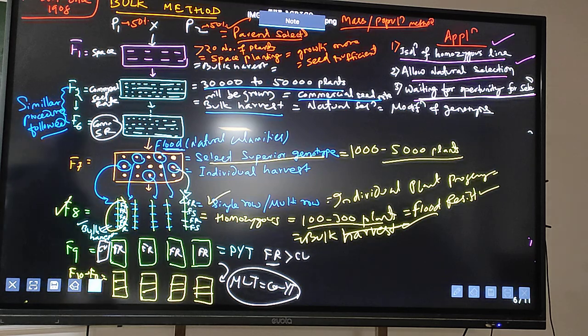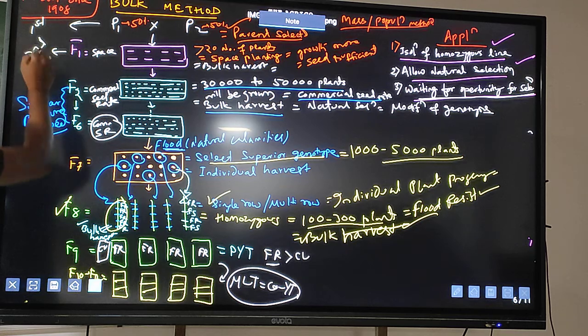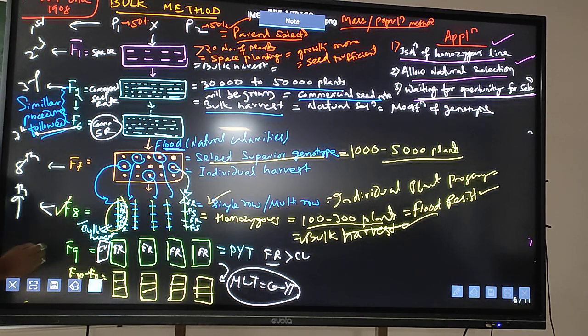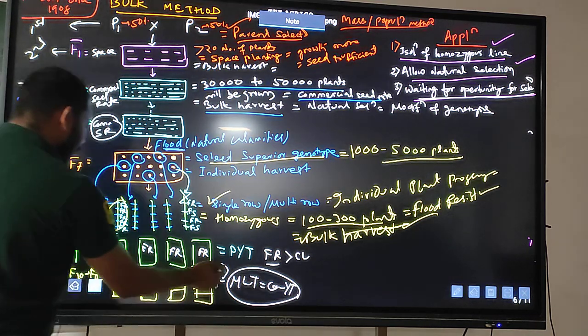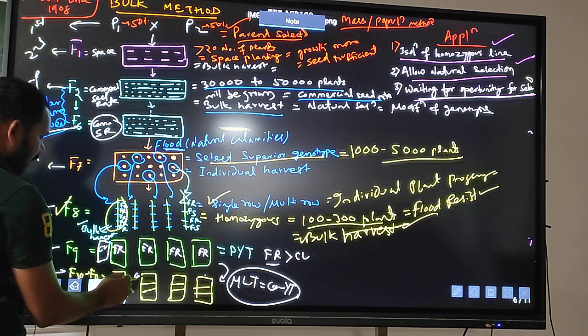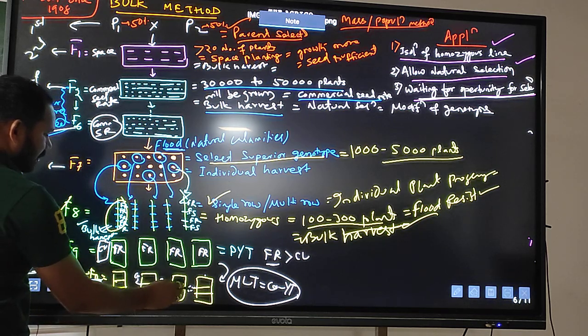So if I take the years, the parent cross will be the first year, this will be the second year, then this will be the third, then this will be the seventh year, the 8th year, the 9th year, the 10th year, the 11th, 12th and 13th year. So again, in the multiple trial, as I have already told, the individual check varieties will be taken: CB1 here, CB2, check variety CB3, CB4.